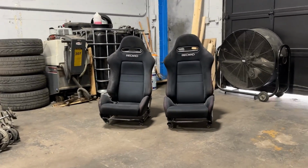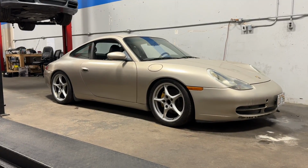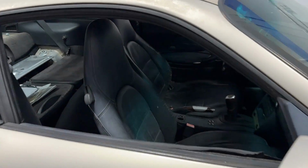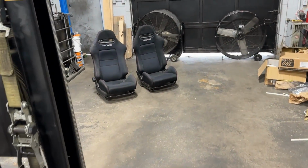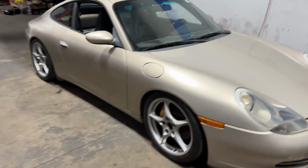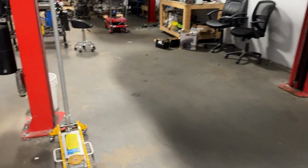I have a set of JDM Integra Type R Recaros that I think would be pretty cool in this car. I'm not a huge fan of the leather seats in this car. They're old and tired. I kind of want to replace them with something else. So I think we're gonna pull these seats out and test fit these Recaros, see how well they fit, and if it makes sense to try to make some brackets for these seats to bolt them into this car, because I have a new toy that I've been making stuff with